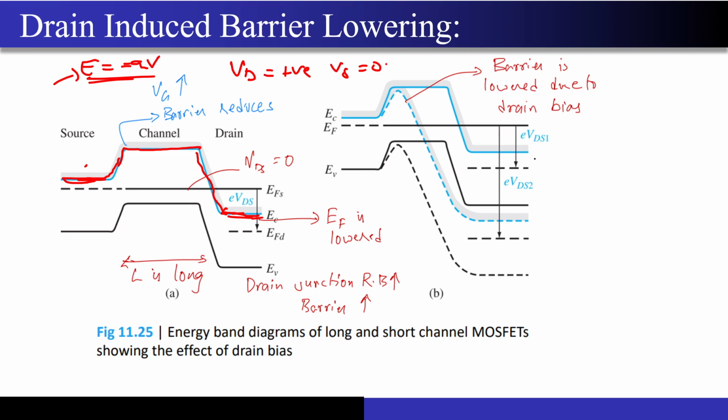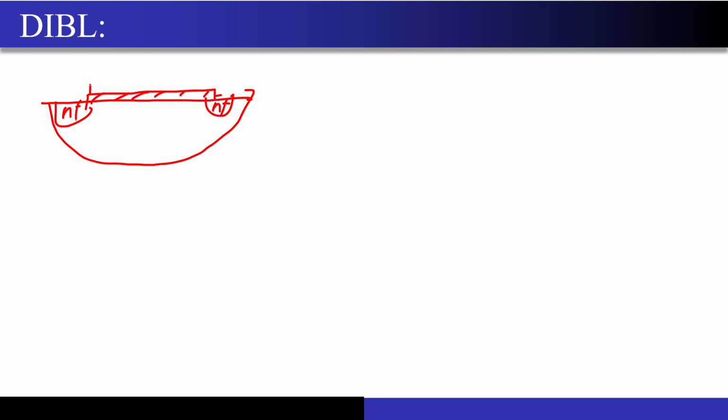Now what happens? If I draw the MOSFET's cross section, I will draw it for the two cases, okay? N plus, let's say this is my oxide and let's say this is my gate. Correct? I had some depletion region over here and a small depletion region over here. Correct? And then this was my channel that I had defined, which had a length of L. Now what happens if I make this L very small?